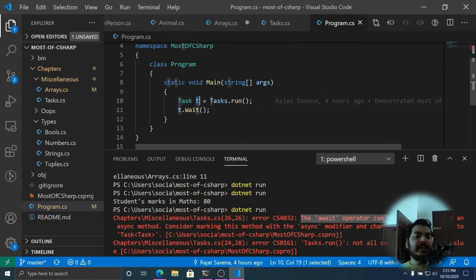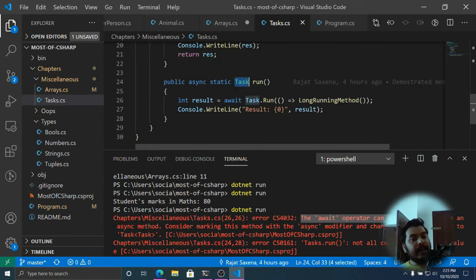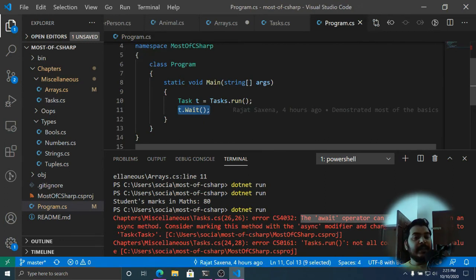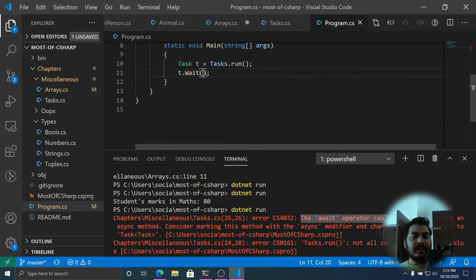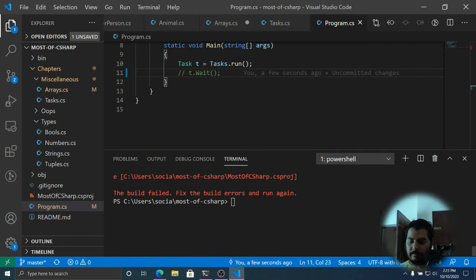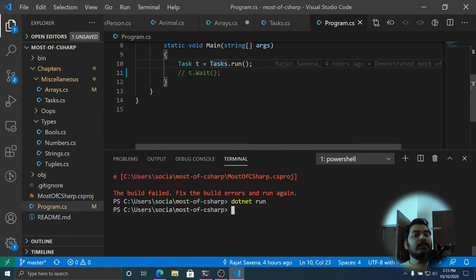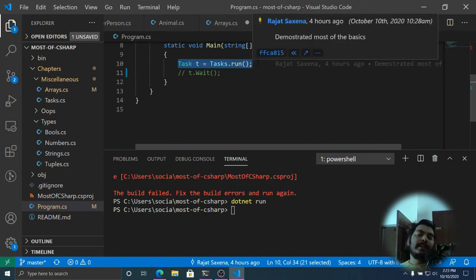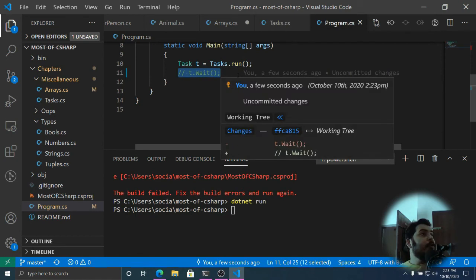Now over here I have called this task.run, and it is going to return a task which I have assigned in this t variable, and I have waited for it, which means that I have instructed the .NET runtime to let this thing get completed, and you should only terminate the main program when this thing completes. If I remove this thing, it will not produce any output because simply it is not waiting for the output to be ready. It is just simply starting the task in the background, and then the program gets over.